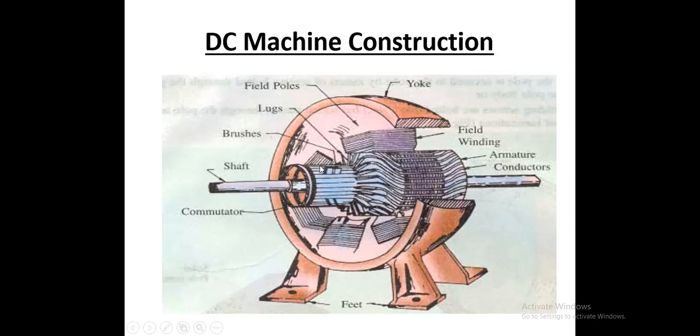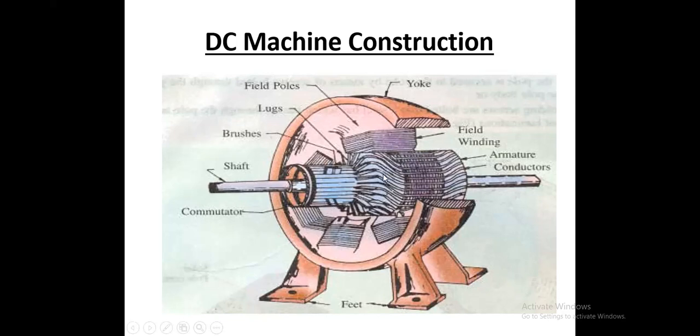These are the lugs and brushes. This one and this one are carbon brushes. There are two carbon brushes inside. One is positive and the other one is negative. This is the positive supply, because we all know in DC supply there is a polarity of positive and negative, and one should be positive and the other should be negative.